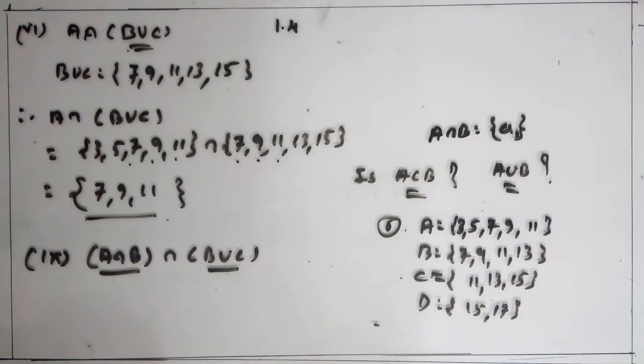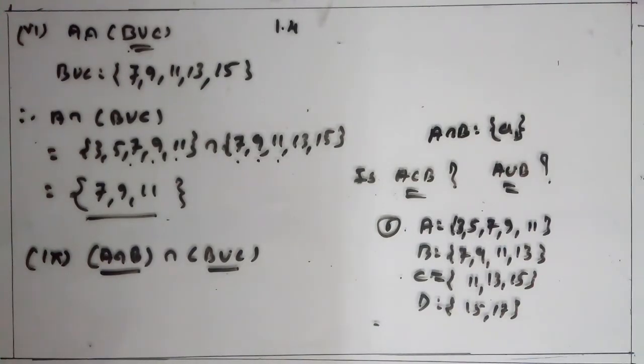Now in question number 7, same question given. Here A is equal to {x : x is a natural number}, B is equal to {x : x is an even natural number}, C is equal to {x : x is an odd natural number}, and D is {x : x is a prime number}. Then find A intersection B, A intersection C, A intersection D, B intersection C, B intersection D, and C intersection D. You can easily solve this question 7, so complete yourself.